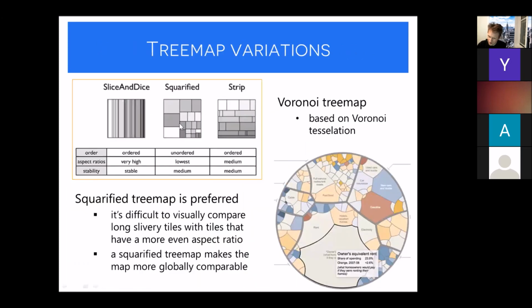You have to basically split up the nodes, continue recursively, but at the same time try to preserve the square, or preserve the aspect ratio. Try to make the aspect ratio as big as possible, close to 1. So this is called a squarified treemap. There's also slice and dice, where you only go in the X direction, or strips,